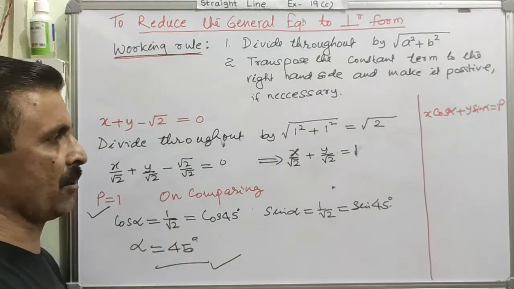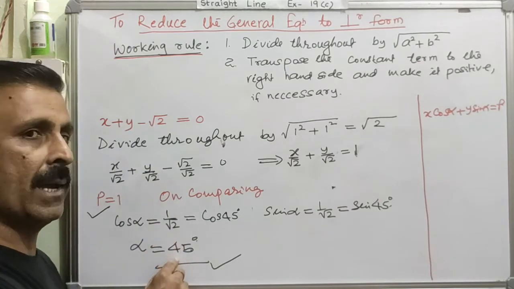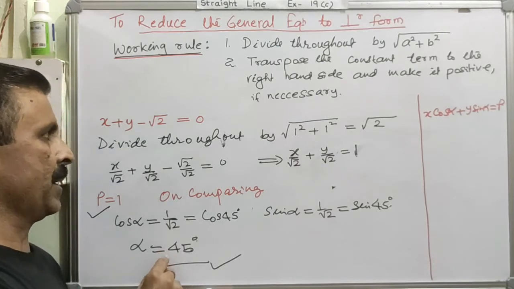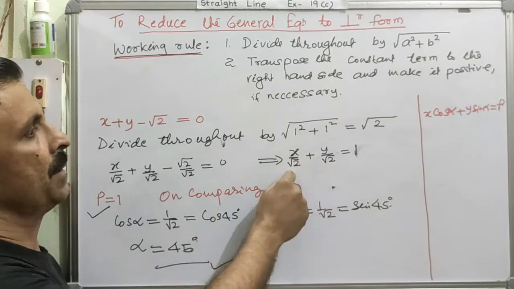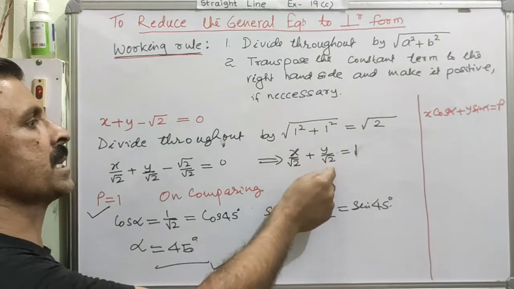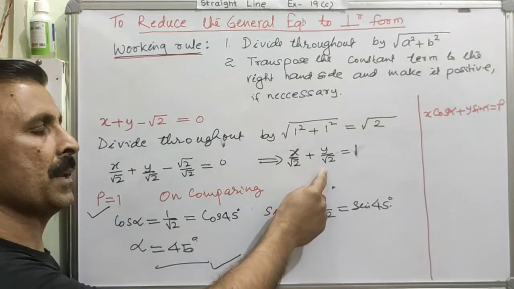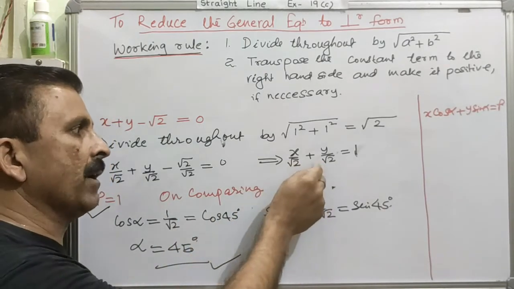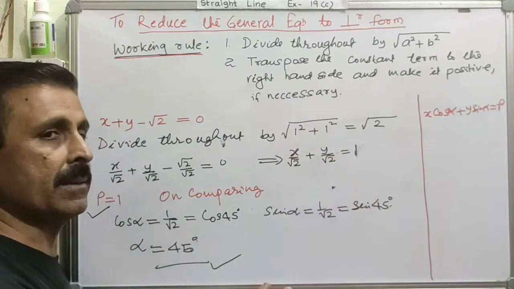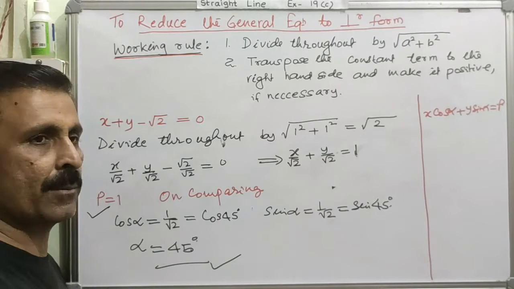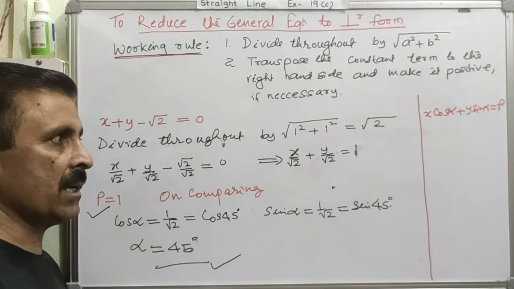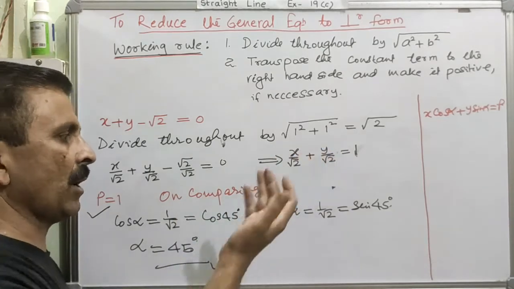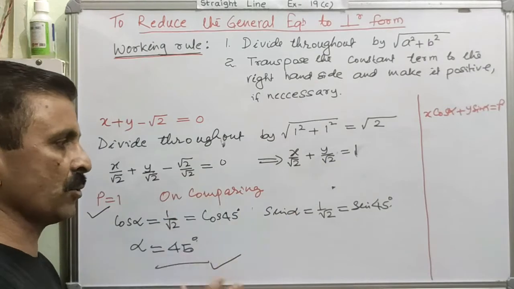This question was a very simple question, right? And directly we could get the value of angle alpha. The reason why we got this value of angle alpha directly is because in this equation, these both are positive. There will be some difficulty for you if any one of these two, or maybe if both are negative. If these both are negative, then we will have to do some exercise, to use the sign convention. When this both are positive, then there's nothing to do, directly you get the answer.